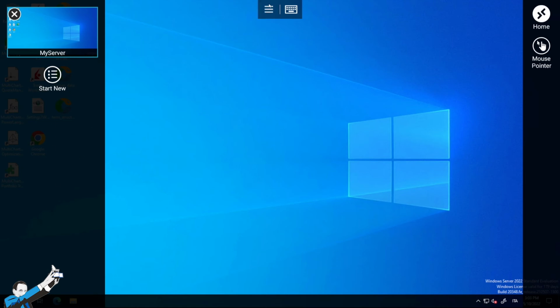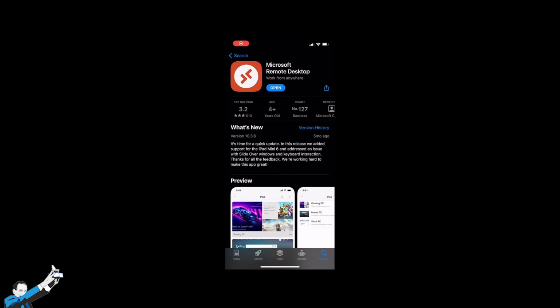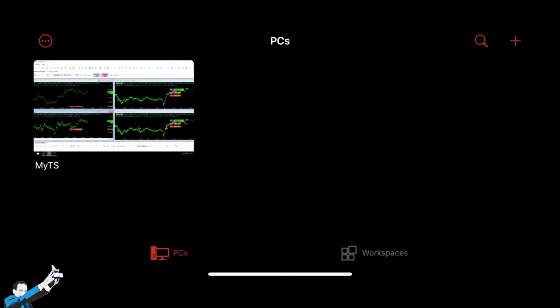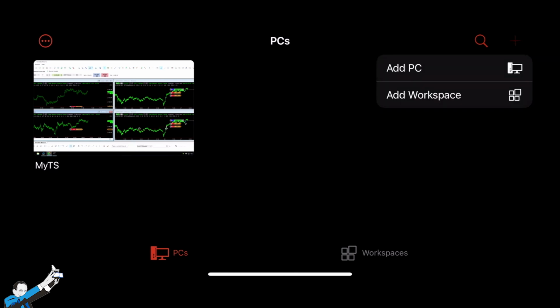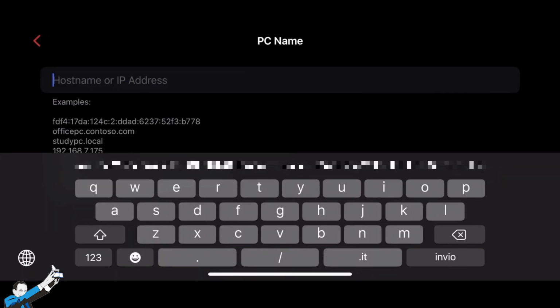Now let's see how Apple users can do the same thing. Apple users will be able to download the application that has the same name, because it's also called Microsoft Remote Desktop and works pretty much the same way. Let's go look at it together. Here again, like on Android, when you open the application, you'll be able to see your servers. And here too, you can add, for example, either a PC or a workspace from the main menu. In this case, I can add a PC and then do the same thing as I did before from Android. The procedure is the same.